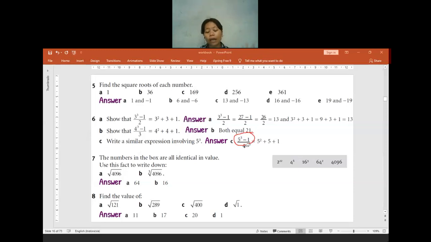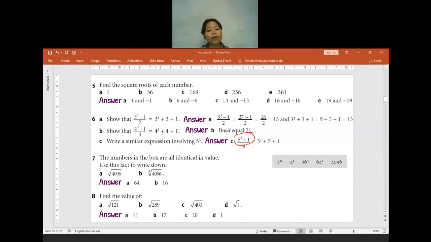So now on the left side, I have the expression (5 to the power of 3 minus 1) divided by 4. That's it. And then for the right side, now I will check again. When it is 3 to the power of 3, on the right side it will become 3 to the power of 3, 3 to the power of 2, number 3 only without the power, and then 1. For 4 to the power of 3, it is 4 to the power of 2, 4 without power, and then 1. So if I have 5 to the power of 3, I have to start with 5 to the power of 2, 5 without power, and the last one is 1. So this is the expression.